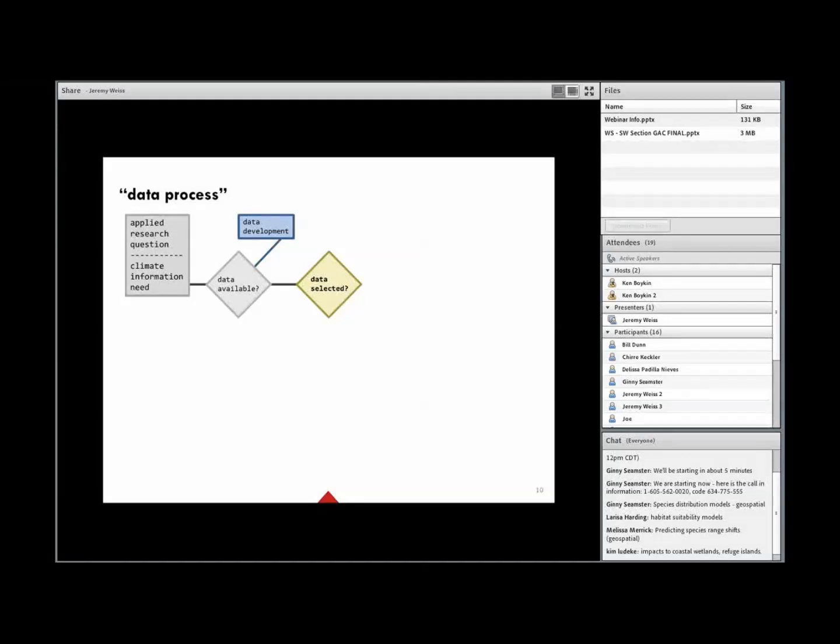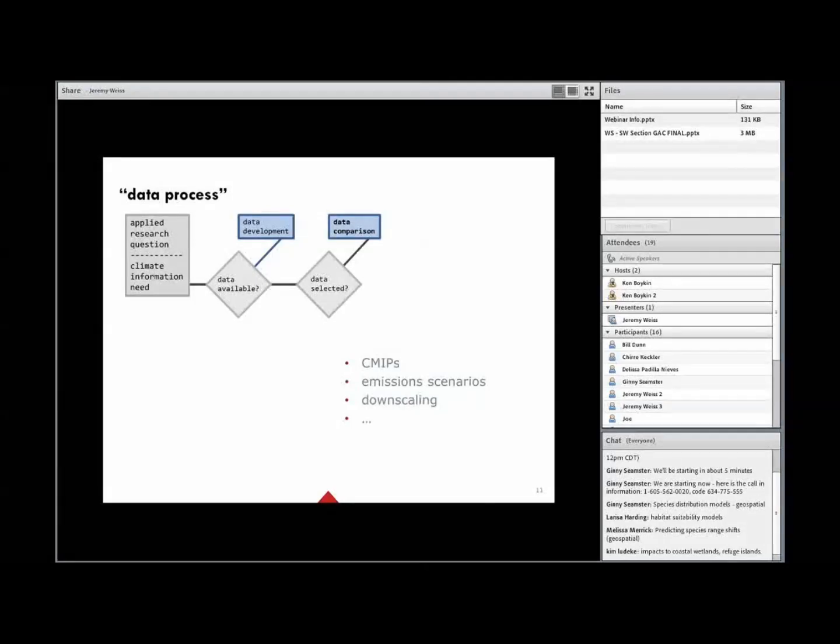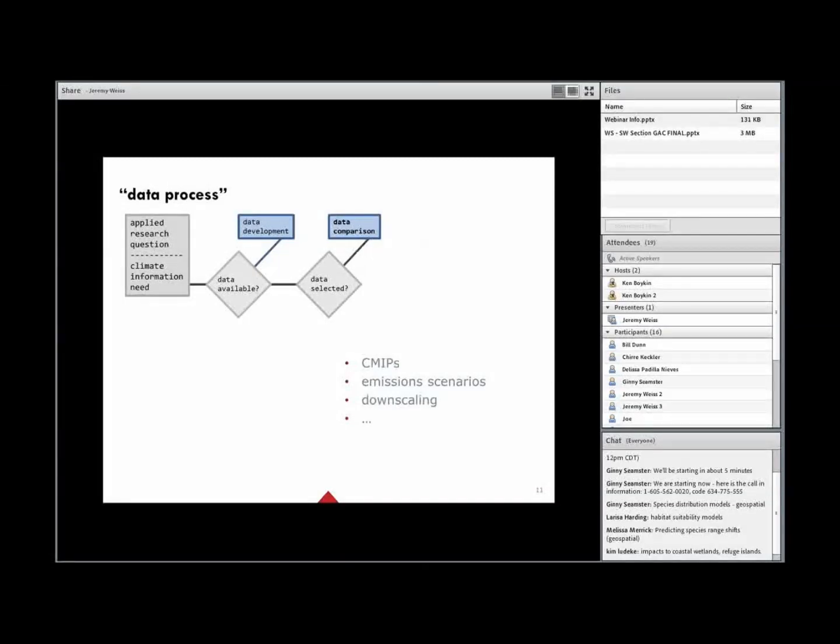Some of these facets could include which Climate Model Intercomparison Project, or CMIP, do we pay attention to? There are different emission scenarios that we can choose from. And again, something like downscaling: do we use the original direct from the factory data sets, or do we use a downscaled product? So let's take a look at some of these issues.